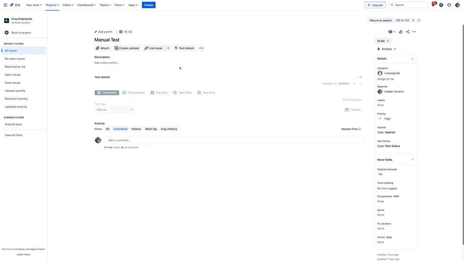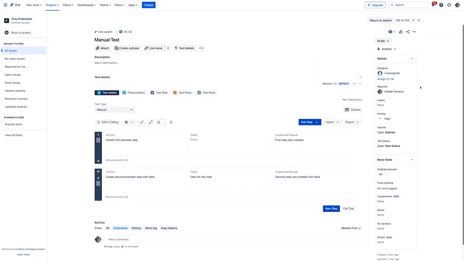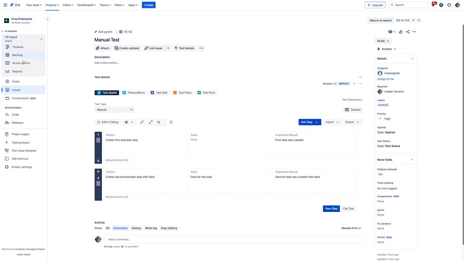So you will see that this one does not have that label assigned as Android. If I go here and now I select that label, and of course, this is a test 62 manual test, I just updated this test to have that label. If I go back now into my test plan,